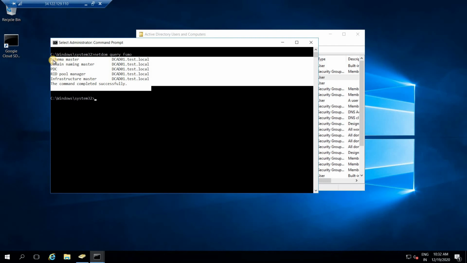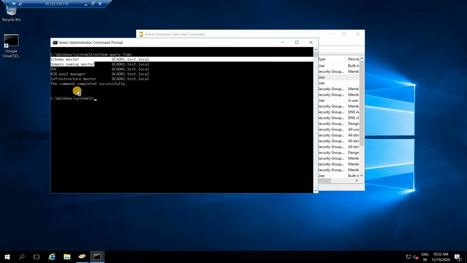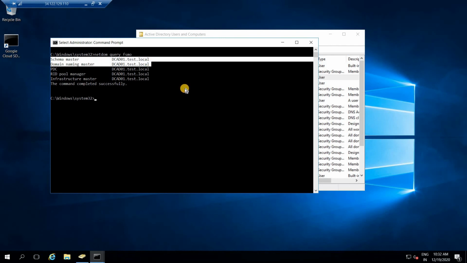So guys, these top two roles require some additional rights. If you are part of the domain admins group, you can migrate the domain roles. But to migrate these upper two forest roles, you need to have a special permission on your ID other than domain admins. For that you can use enterprise admin access and schema admin access as well, right?